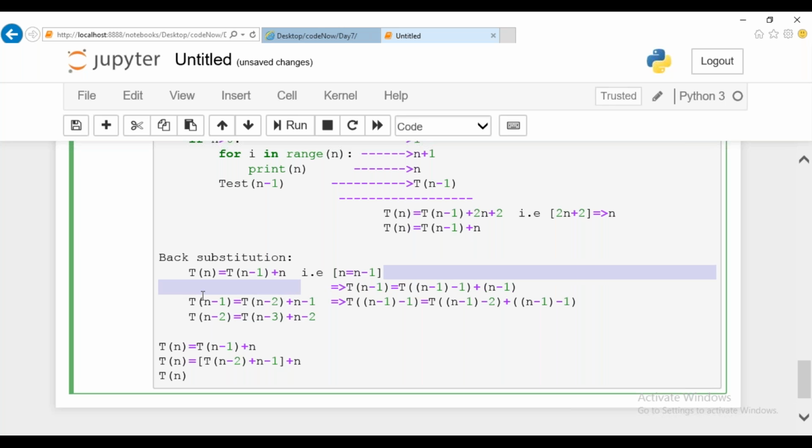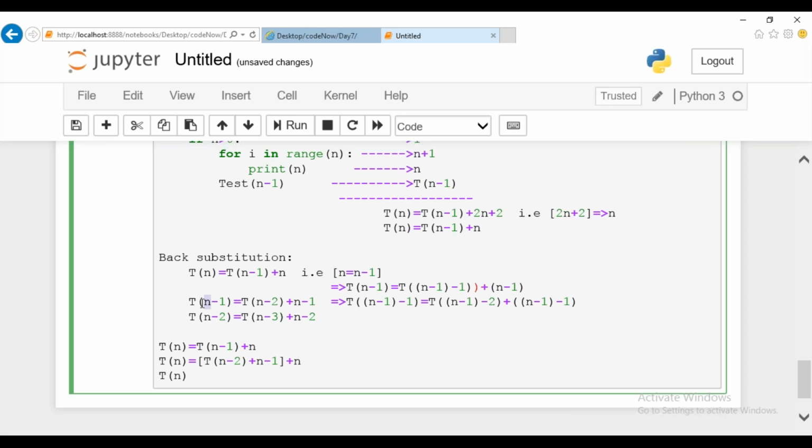Evaluating this one is going to produce T of n minus 2. Actually, this should be closed. This should produce the answer T of n minus 2 followed by n minus 1. So this is for your second iteration, and the earlier one is for your first iteration. Again, for the next iteration, replace n's place with n minus 1.